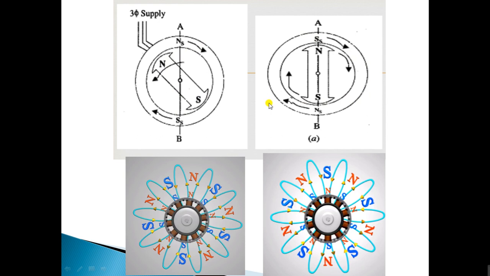But due to the heavy inertia of the rotor, it cannot move immediately, but the stator magnetic field runs very fast. Consider that next moment, instead of north pole, now south pole appears here, and instead of south pole here, north pole appears here. So what will happen, this south pole attracts north pole, this north pole attracts south pole, so the rotor is trying to move clockwise. In the previous case both poles are same, so they repel each other, so the rotor was trying to move anti-clockwise. Now at a fraction of a second, the stator pole is south and north, now it attracts because opposite poles attract each other.